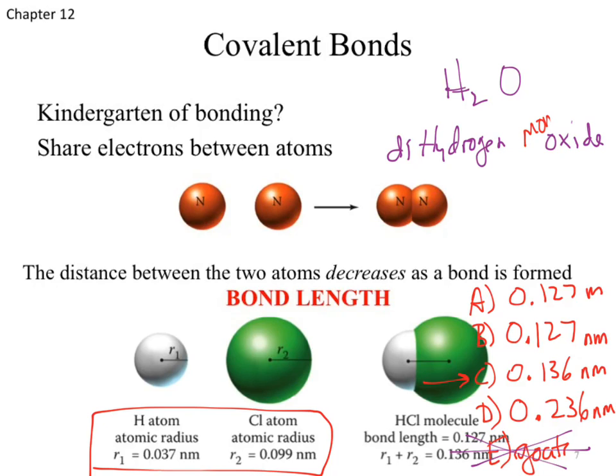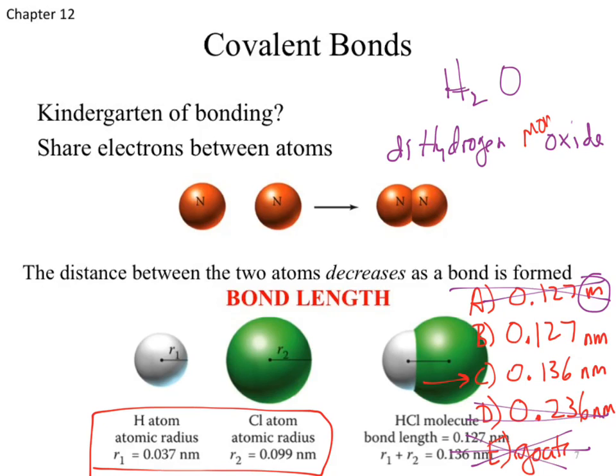Could it possibly be 0.236 nanometers? No, that's actually saying when we made the bond, we put the atoms further away from each other than they naturally are. To do that, we're really saying that the atoms just aren't interacting with each other. So it can't possibly be that one. We could then be really careful and say, oh shoot, he put in meters, a different unit. That can't be right. Which now leaves us between B and C.